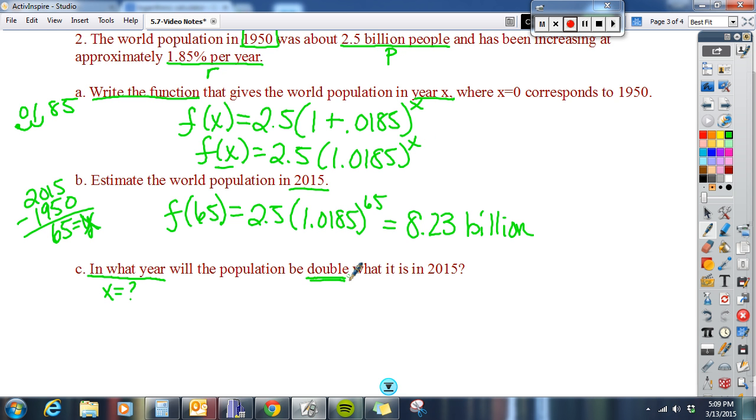So double the population in 2015 is double this, 8.23. So if I have 8.23 and double it, multiply by 2, I get 16.46. And that's going to be our f of x value. So I plug that into my function, I get 16.46 equals,